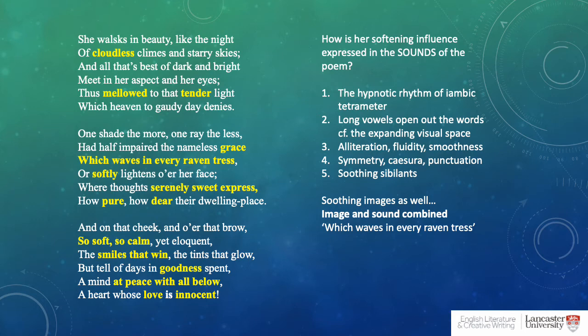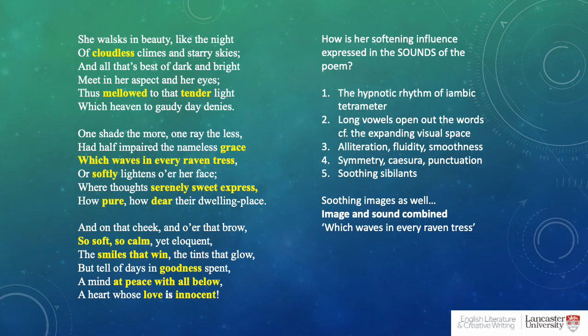There's also symmetry and balance going on in the poem. The poem is about, in terms of its meaning, how the woman balances out extremes like dark and bright, and heaven and below, and love and innocence, extremes that Byron can't navigate. So we end up with a mellow, tender light that combines the dark and the bright, by contrast to this wild Byron swinging from darkness and depression to gaudy, exuberant living. He yearns for her balance